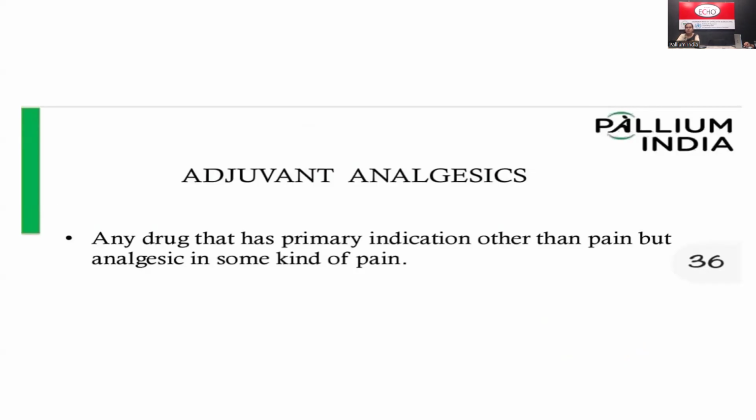In neuropathic pain, we have a neuropathic pain ladder. We can start with a tricyclic antidepressant. If the pain is not controlled with that, we can add some anti-epileptics along with the tricyclic antidepressant, and we can optimize the dosage of these drugs. And if the pain is still not controlled, then we can move on to the